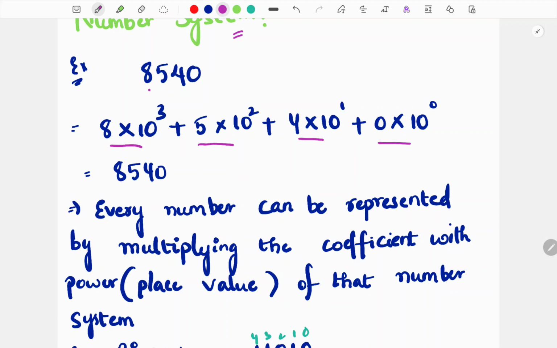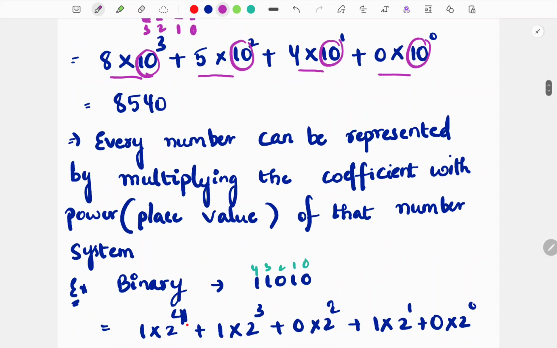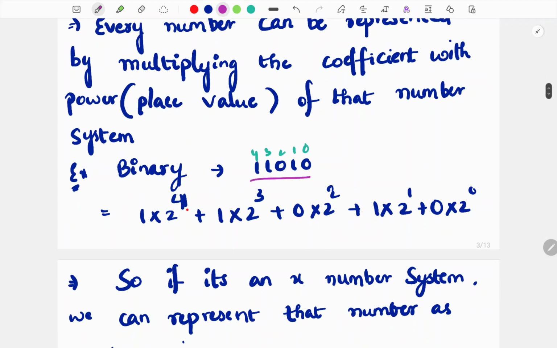These are called coefficients, and the place it is sitting is called the power. For example, this is 0, this is 1, this is 2, this is 3. And this is representing the radix. We can call it radix or base. For example, consider a binary number system. There is this binary number which can be represented in this way,